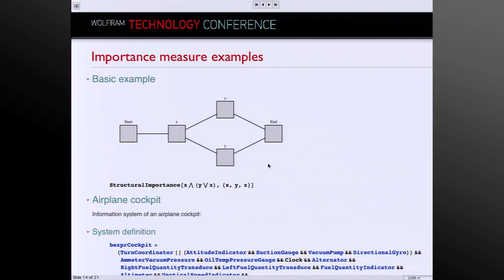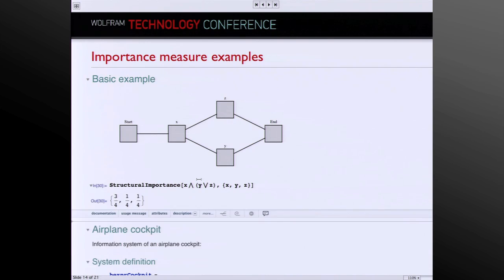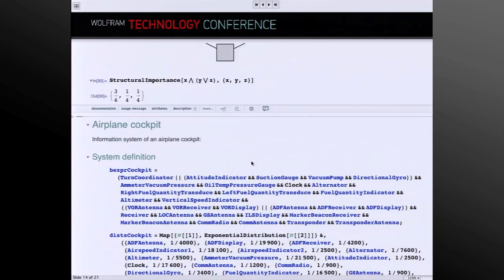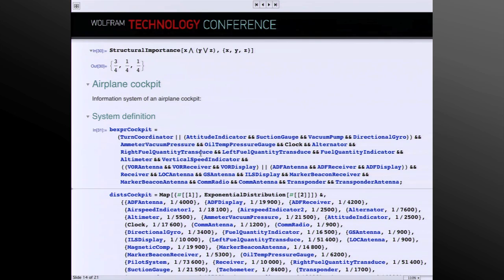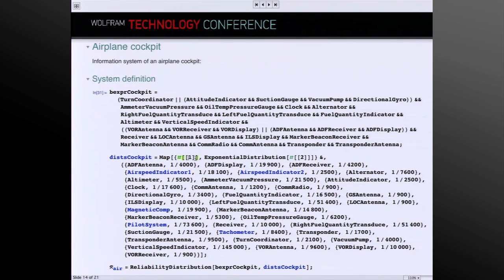Any guesses? X. I agree. And the structural importance also agrees. So the structural importance only looks at the structure. If you want to do more elaborate things, you can use things such as the